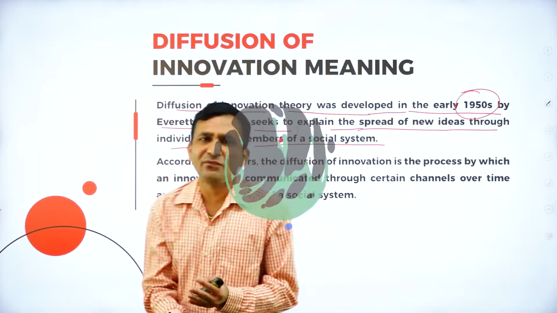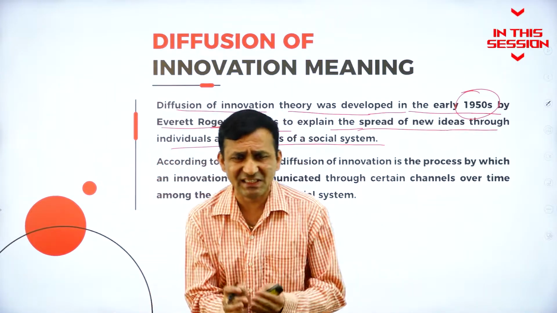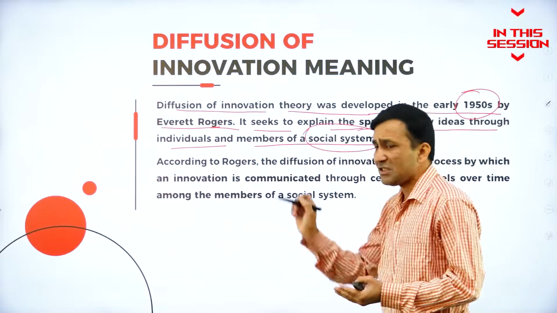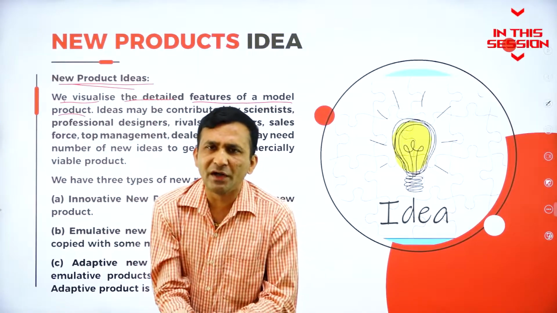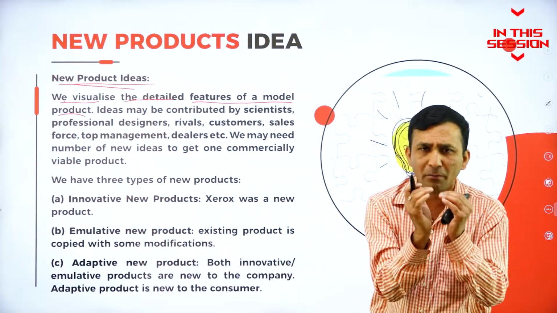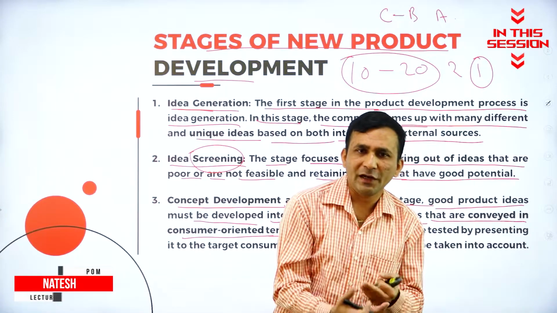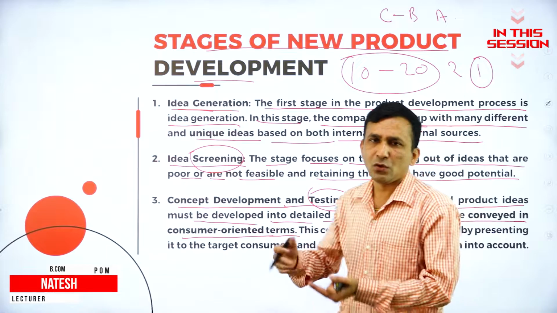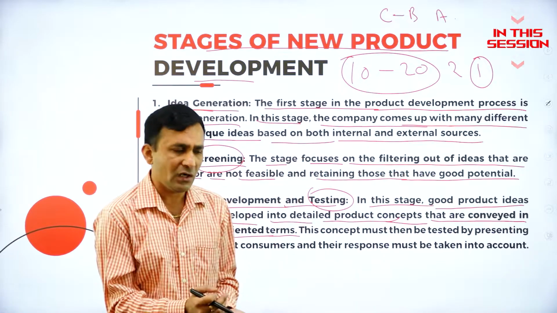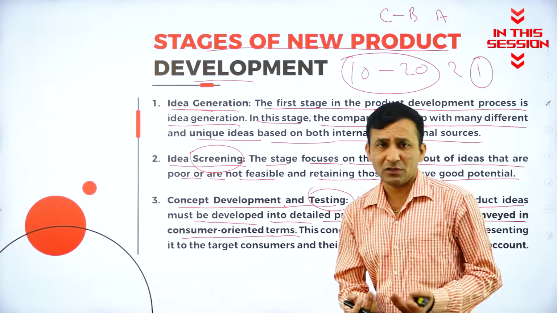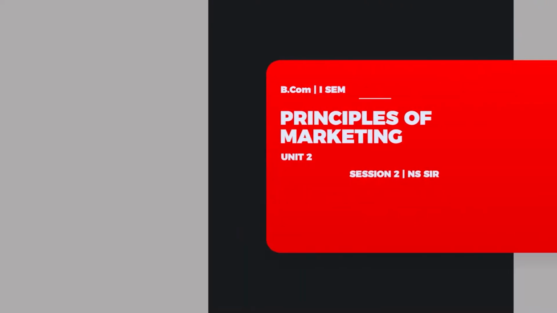Any product is offered with the help of fulfilling the society requirement or social requirement, which is completely depending on the social system. Before producing a product, any businessman, any organization, they are trying to go for one small model. Once you develop the product, immediately you have to launch it in the market. So now you are able to identify what the response is, and you get more clarity about your product, what you developed.